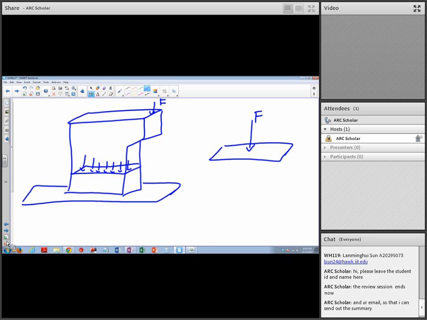On this plane, the stress is going to be F over A. But there is also going to be a moment created on this plane because there is a distance here. So when the force is applied here, the whole thing will